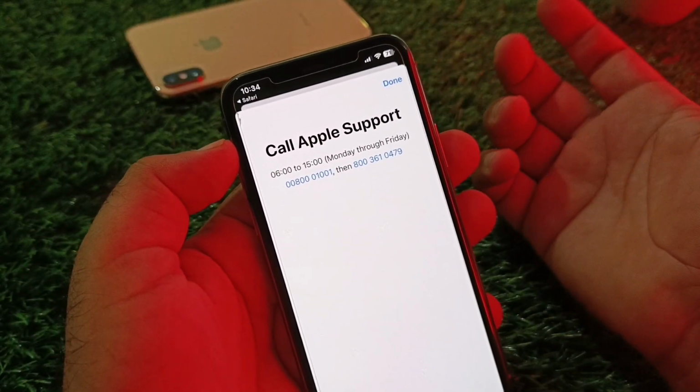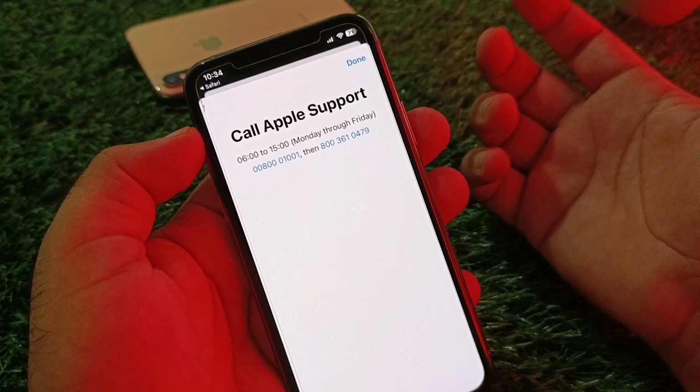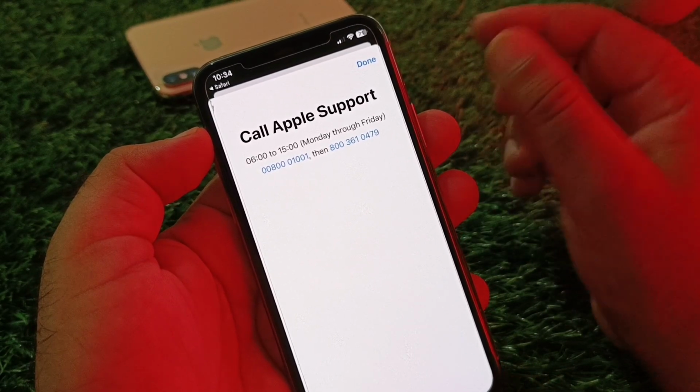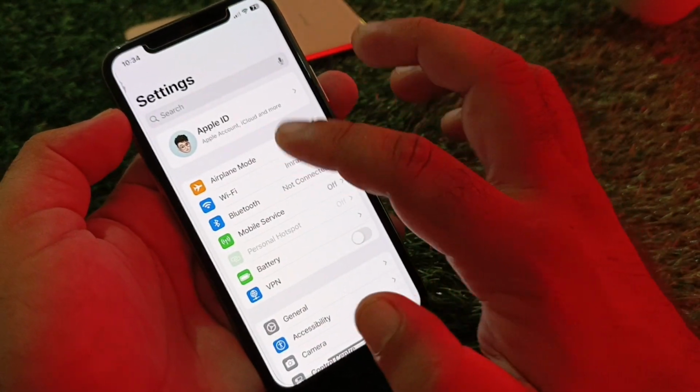These numbers are different according to your country or region, and guys in some countries the chat option is also available, so you may also contact the Apple Support team through chat, and tell them your problem and they will remove your balance. And then guys you may go back and open your settings again,